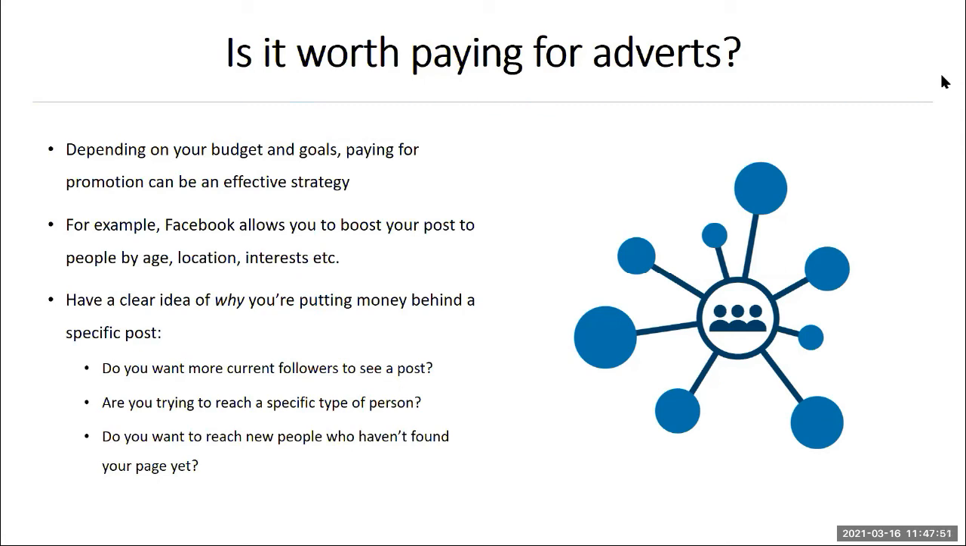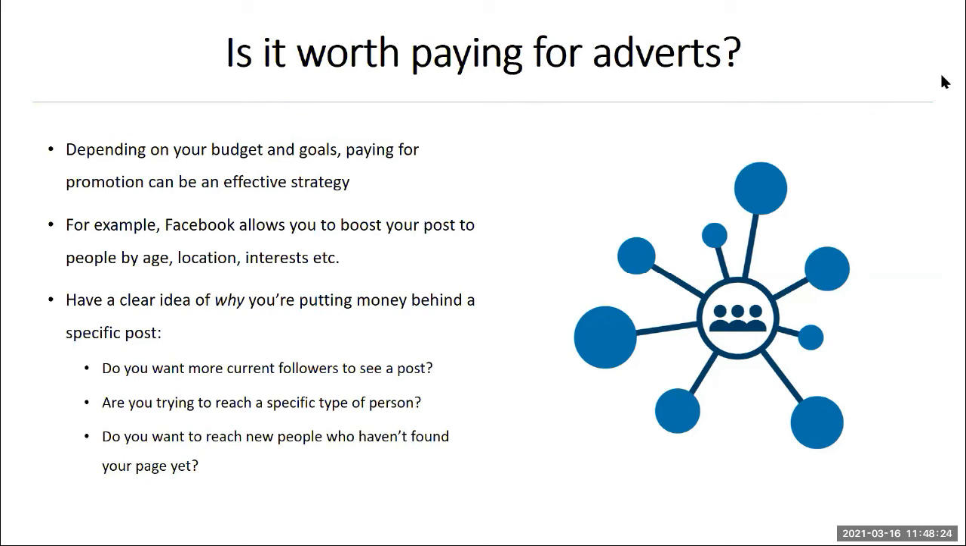Facebook allows you to boost posts to people by age, location, interests. So it is quite technical. It's quite advanced and sophisticated in how it lets you target certain people. But as I said, have a clear idea of why you're going to put money behind the specific post. Do you want more of your current audience to see a post? Are you trying to reach a specific type of person? Do you want to reach new people who haven't found your page yet? And answering all these questions will determine whether you should put money behind something and which demographic you should be